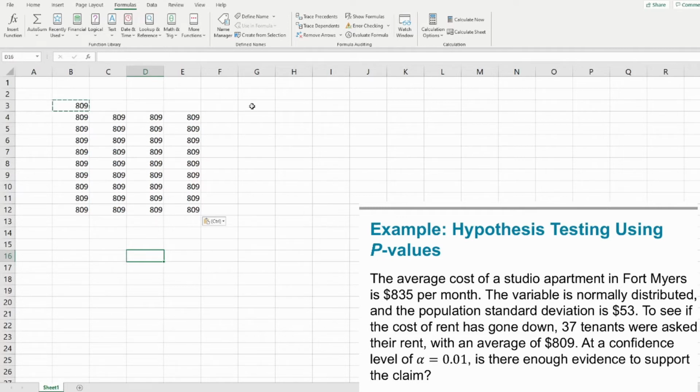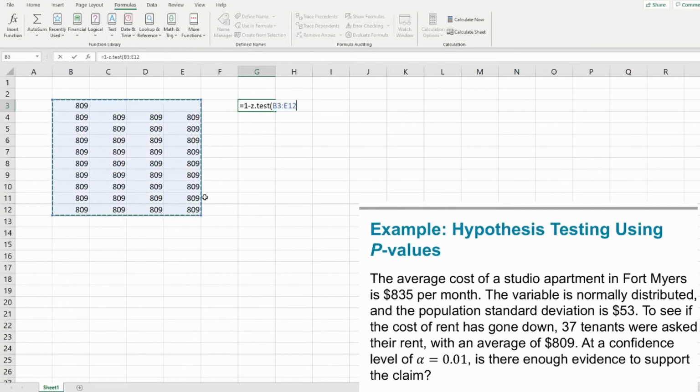So once you have that data set, we're going to go over here and we're going to put in equals 1 minus z.test, and the reason why we're doing 1 minus is because this is designed for, I'll say right now, the wrong kind of tail, but I'll explain what that means a little bit more in a second. We're going to put in there for our first entry, our data set here, our fake data set of 809s. And you can make that a single row, a single column, whatever you want. I just made a clump that's got a weird sort of thumbs up shape so I could make it fit easily on this page. But you put that data set in there,